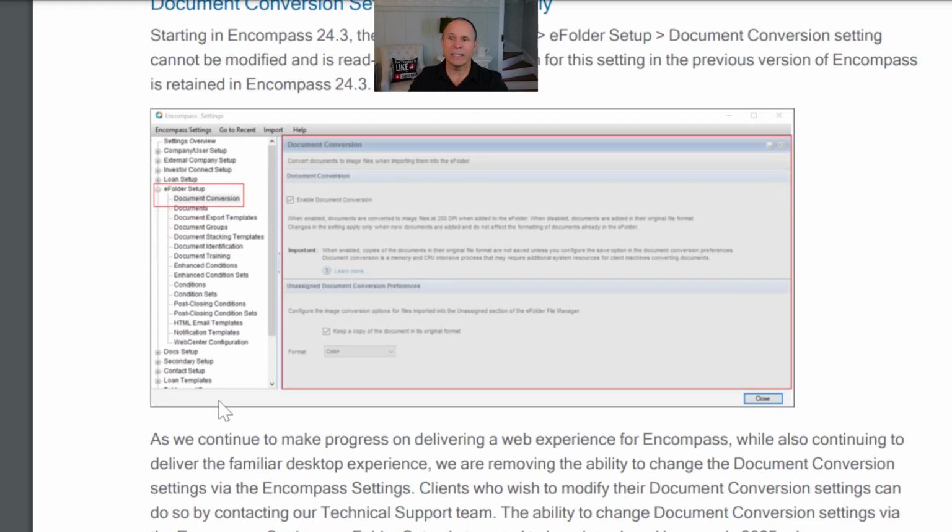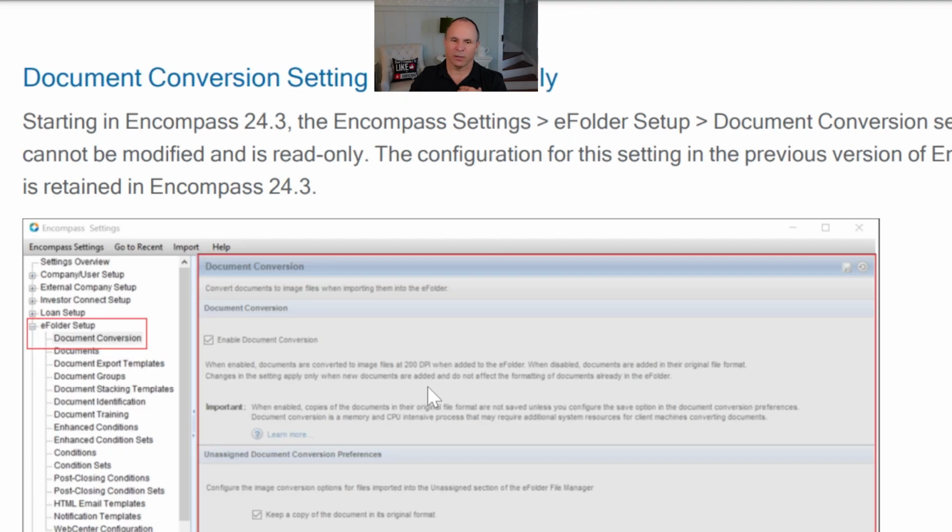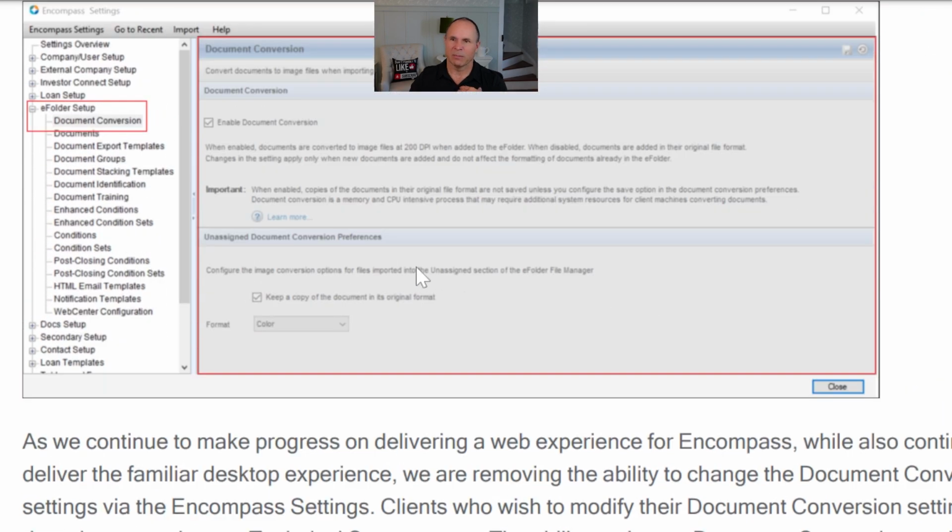And the reason for this is because you need to be converting documents. I've always trained since 2011, since I've been implementing Encompass instances since 2011, this conversion was always meant to have that checkbox made. So here, I'll blow it up real quick just so you can see it on the screen. It was always meant to be keep a copy of the original document. It was always meant to be set to color. I've been teaching this for 13 years now. So finally, I no longer have to teach that. Thank you, ICE.